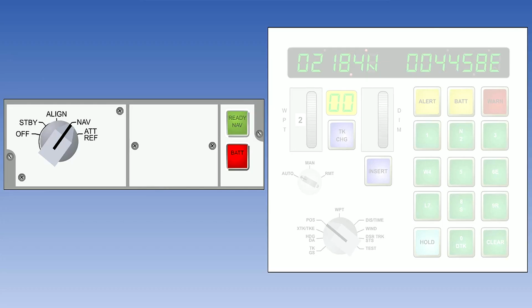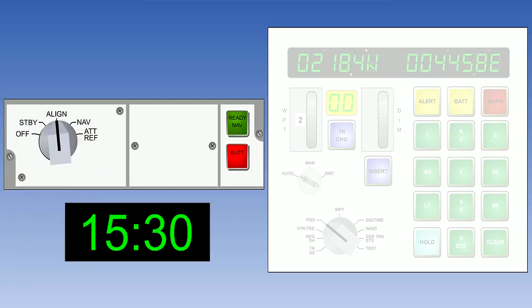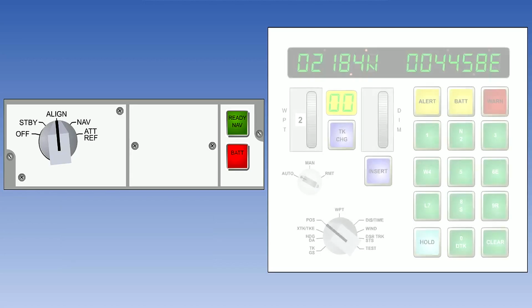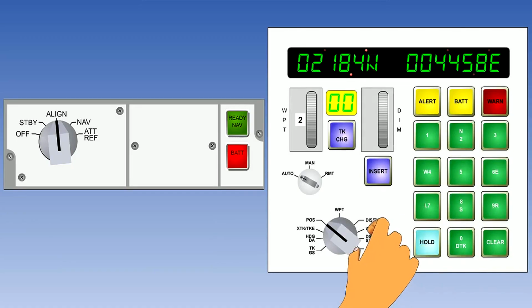At this point, the ready nav light will come on and the system will automatically go into nav mode without any further selection. Clearly, it is advisable to select align or nav as early as possible in the checklist sequence, as there will be 17 minutes to wait before the aircraft can be moved. And it would be better to do the bulk of the pre-start checks after selecting align in order to make productive use of the time.